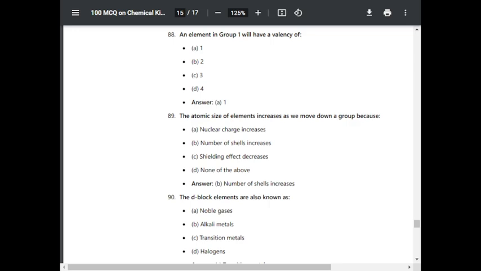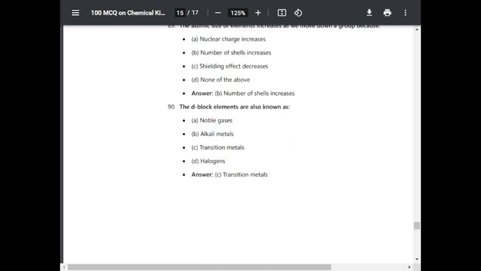The correct answer is number of shells increases. The atomic size of an element decreases as we move down a group because the number of shells increases. So option B is correct. Question number 90. The D block elements are also known as